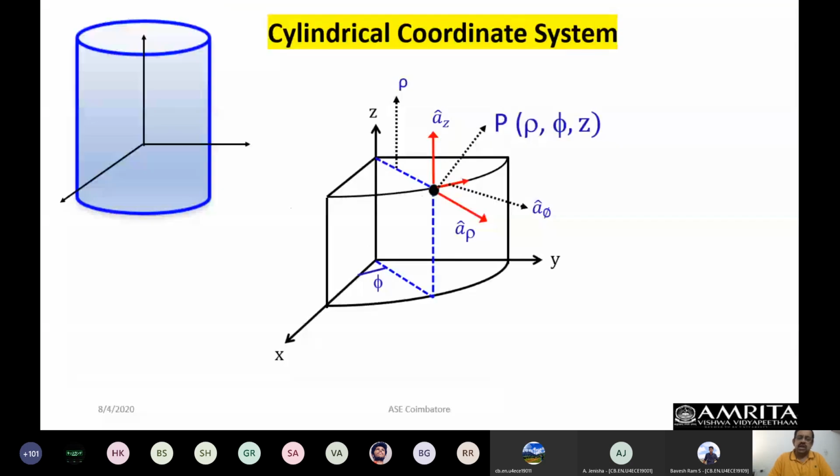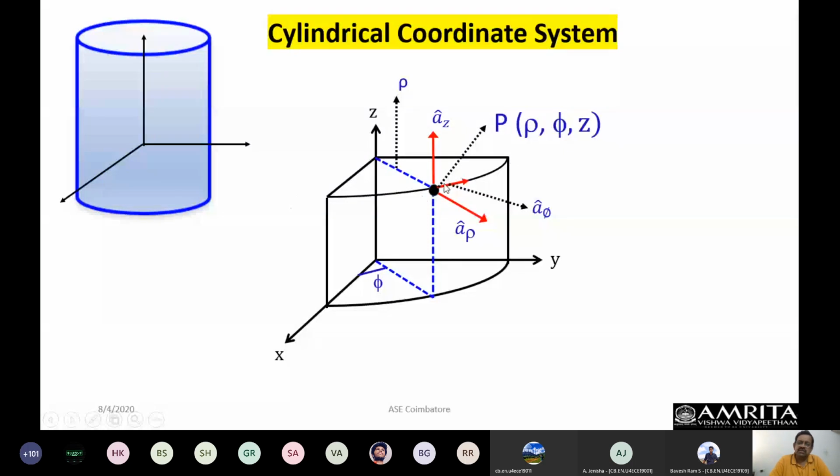Now there is one important thing that I want you to pay attention to before I leak the secret. Though if I use the word secret, there is nothing secret. I am just kidding. So this point, suppose over here. Now let us say this point is over there. Then the unit vectors are not going to have constant directions, except that along the z direction, because z is the height and the positive z axis is over here. So only the z axis is increasing along this direction. Except z axis, the other two coordinates, namely the radius vector and the angular function, that is your azimuthal angle, the unit vectors are going to change.